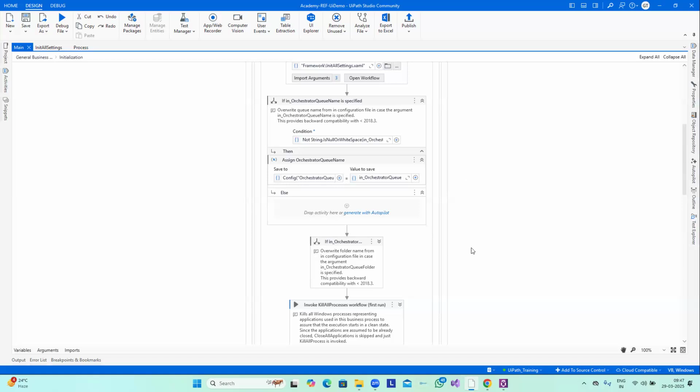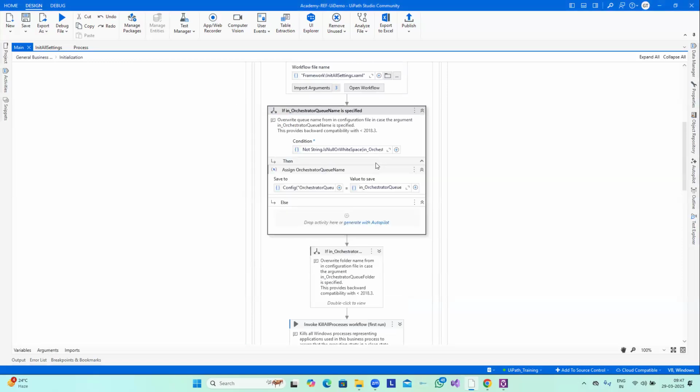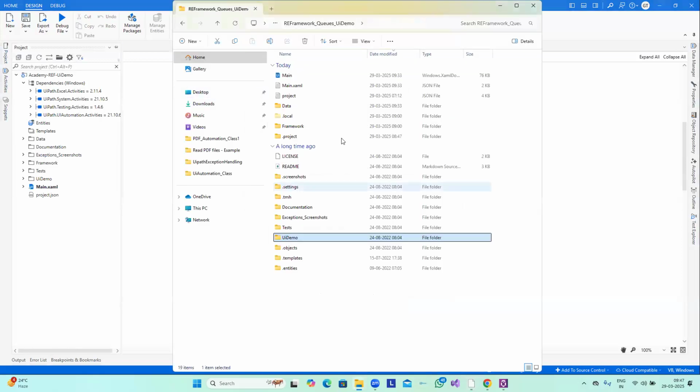Now, the second thing we are doing here in the if condition is reading the argument that is provided at runtime to the queue, the queue name if the project argument we have provided. We check that if the value is not string.null or empty, it means something was provided by the user when this process is executed. So we are replacing this queue value. If I open the setting file again for you,